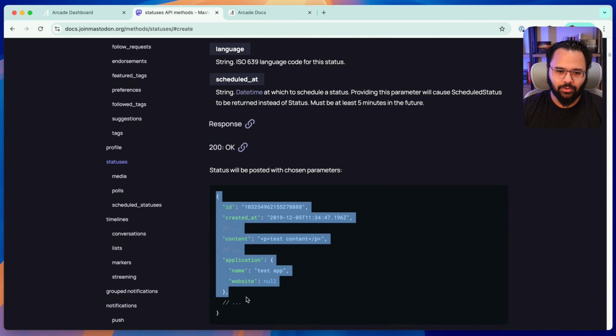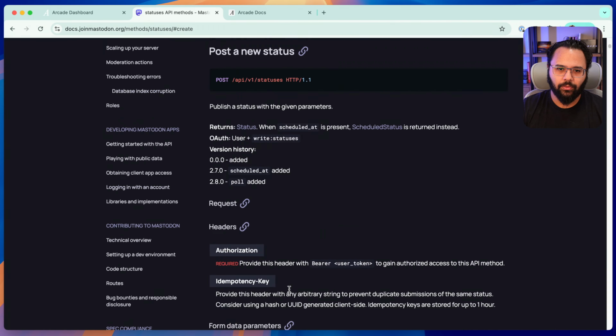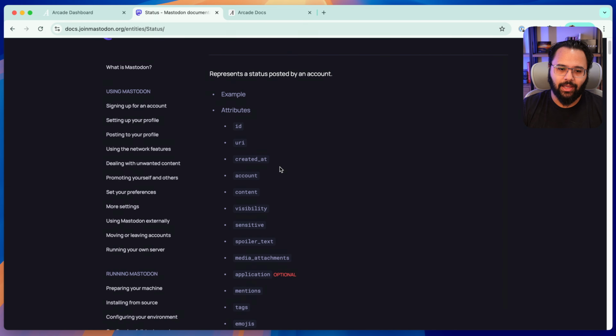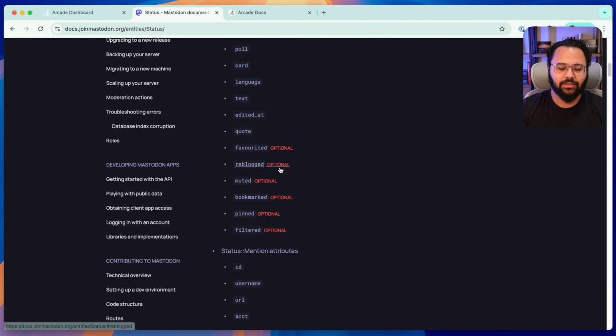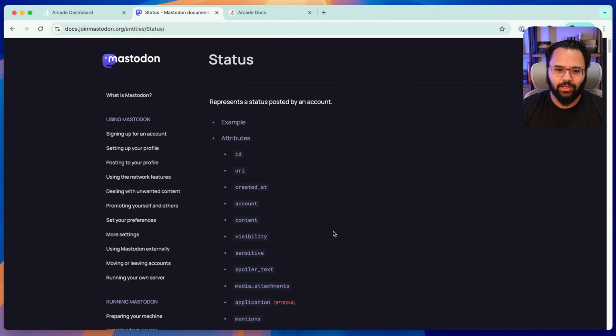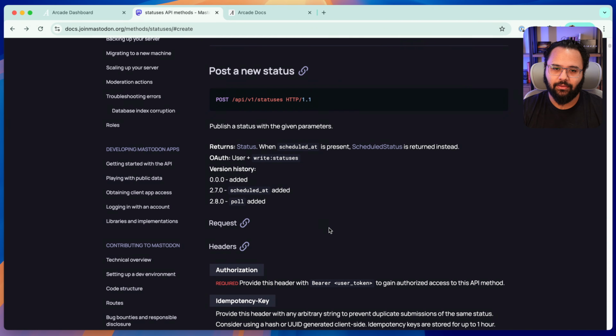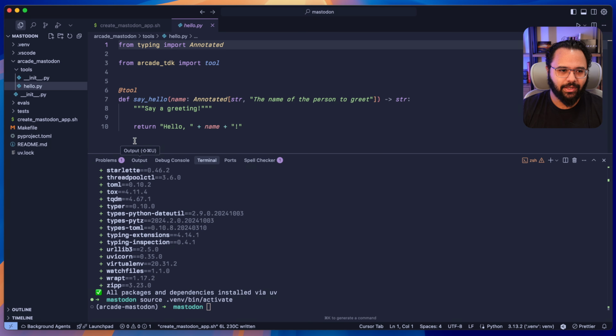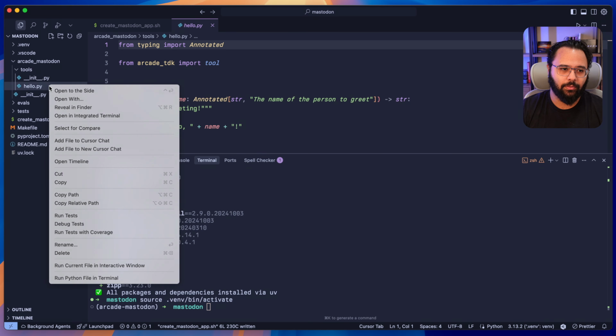So this is what the response looks like, and I want to show you a status. It has a lot of attributes, and this is quite normal for a social media app. The response objects are quite large, so we will have a utility function that reduces this into something effective for the LLM to consume. So we reduce the context size as much as possible, and we just get what could be useful for the LLM. So let me start with this, and for this implementation, I will get rid of the hello.py,